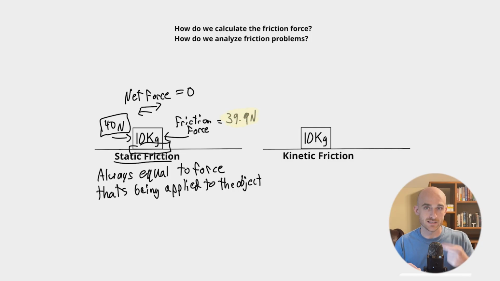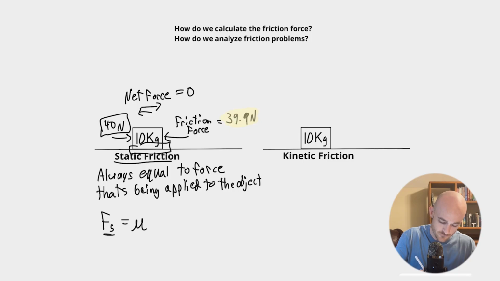So we are not always at that maximum, because normally the static friction force is just equal to whatever force is pushing on the object, like what we showed earlier. But then we can reach a maximum, and if you push higher than the maximum, then your object is going to start to move. The equation for that maximum static friction is the force of static friction here is equal